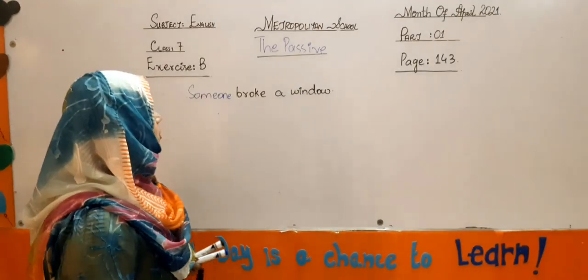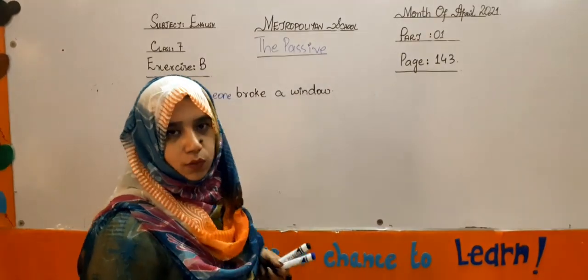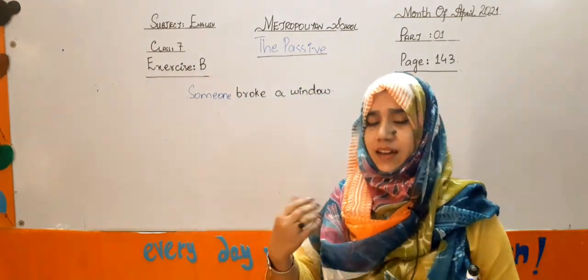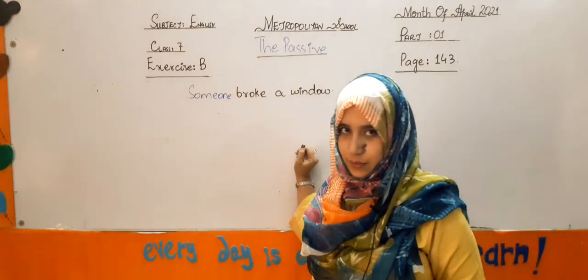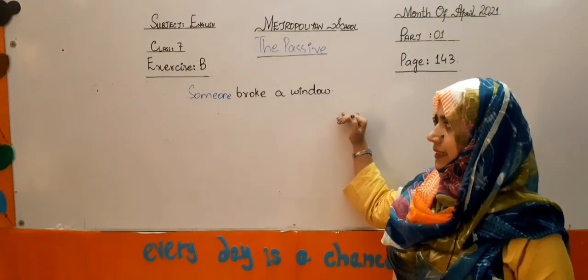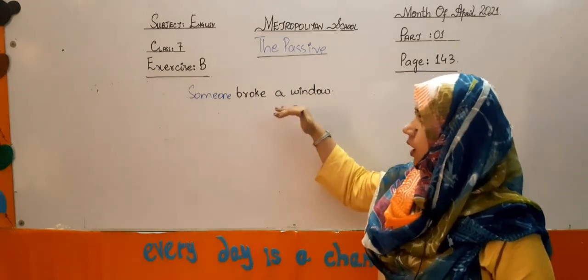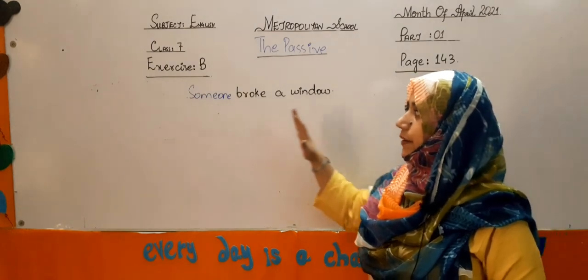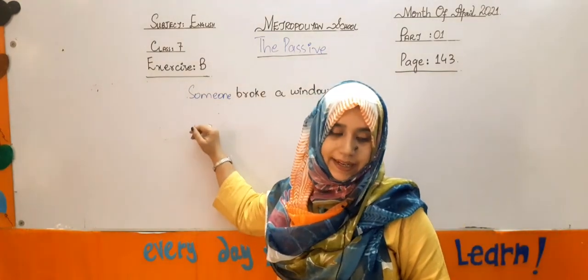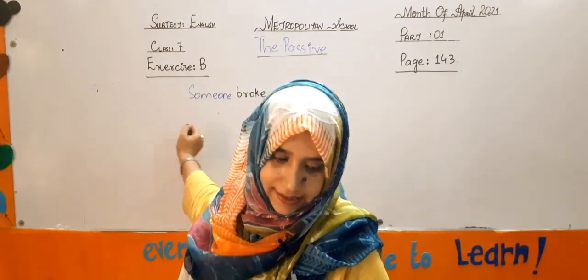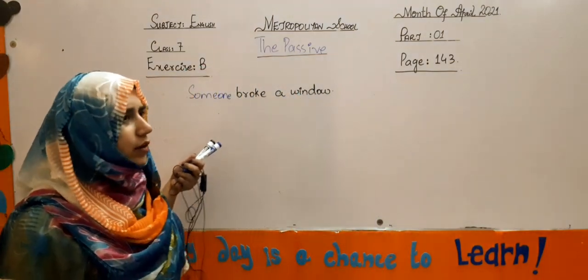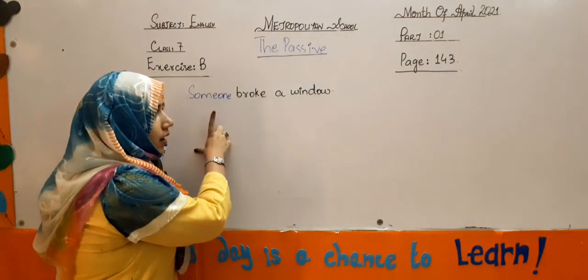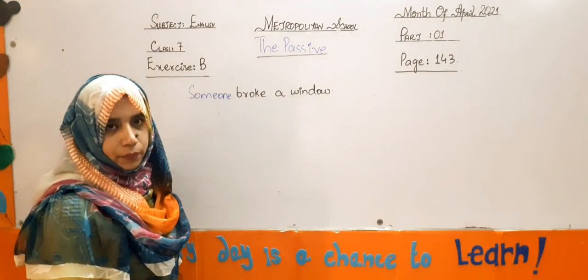Now students, let's move towards another exercise of page number 143. That is also an exercise. In this exercise, there is another type of changing the sentence into the passive voice. So here I am writing a sentence: someone broke a window, right? Someone broke a window. There is no need to write someone while making it into a passive voice sentence, right my dear students, because we do not know who broke the window. Any person can break the window, so we cannot write while making it passive that someone broke a window,